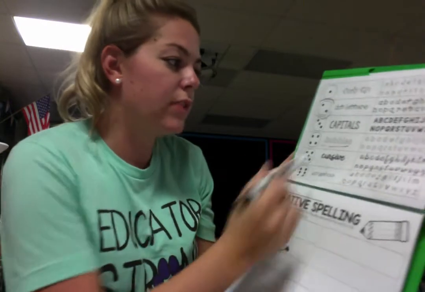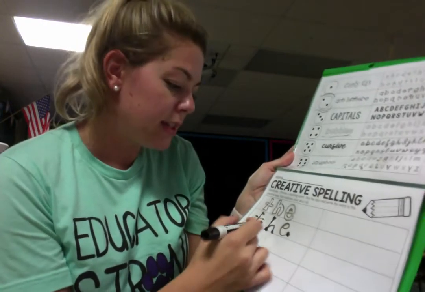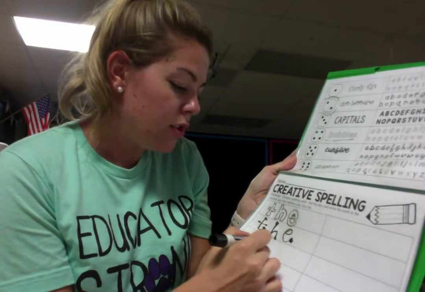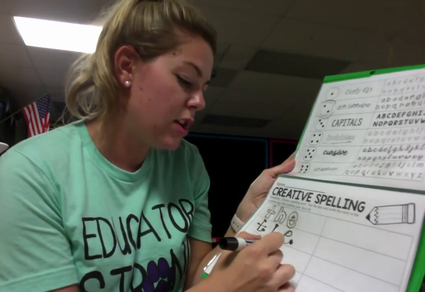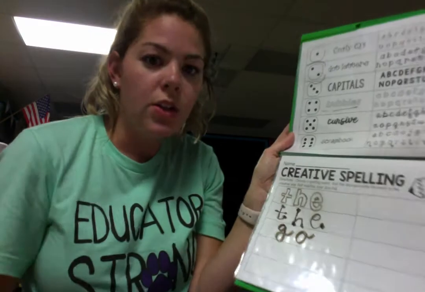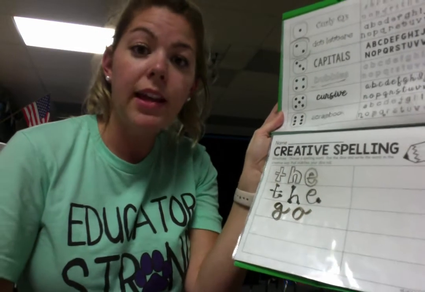You could do a new sight word. Maybe I want to try go. I roll my dice on Seesaw, and then I end up getting cursive letters. So you're going to try your best. Some of these are a little tricky. Writing G, and then I'm going to add in an O. Okay, so just practicing different types of spelling with different sight words of the week, and use your dice that